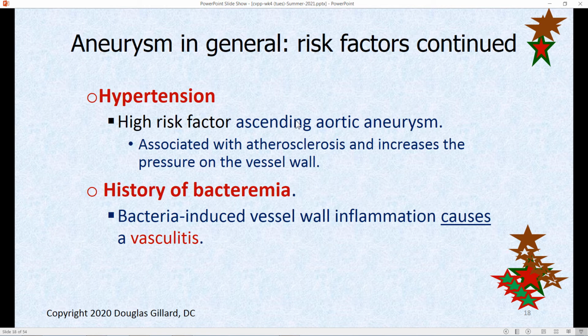Having a history of bacteremia, which means bugs in the blood, and undoubtedly some of those bugs stuck to the vessel wall, caused an inflammation and damaged that wall, made some scar tissue, so other bacteria could eventually latch onto that area and cause a mycotic aneurysm. Or just a regular one, it doesn't even have to be a mycotic aneurysm. If the old vasculitis damaged the wall to the point it's weakened, it can just push right out without any